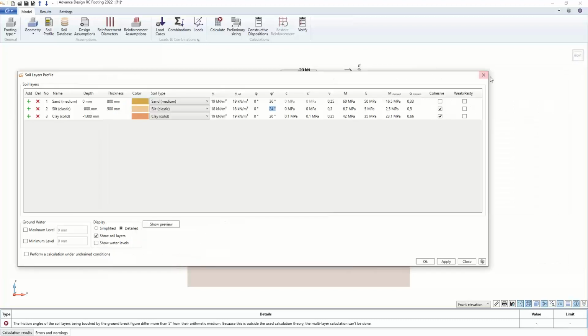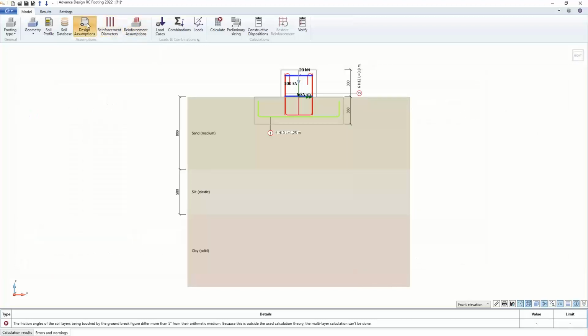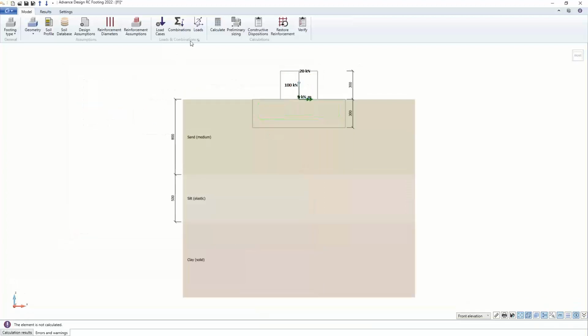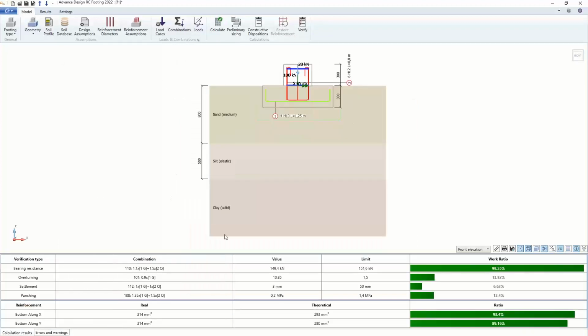And the DIN method, the German method, is only valid when the difference is not too big. We can try, of course, the option called allow reducing friction angles. What does it mean? It makes some of the layers weaker